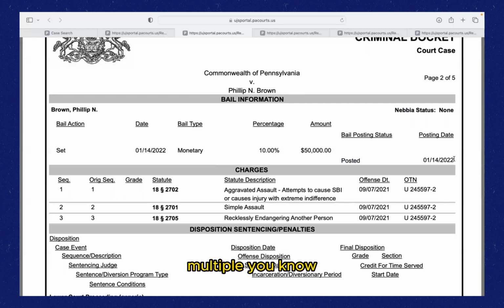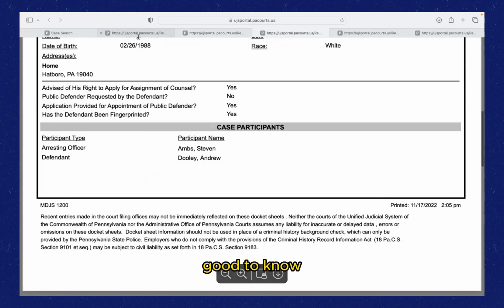If someone has multiple cases, and it says posted on one of them, there's a chance that they're not really out. They're still incarcerated. It's just they posted bail on this one, then got rearrested. And technically, they're free under this case, but they're being detained under another one. So that's a little bit of a complicated issue, but it's still good to know. I'm going to try to pull up